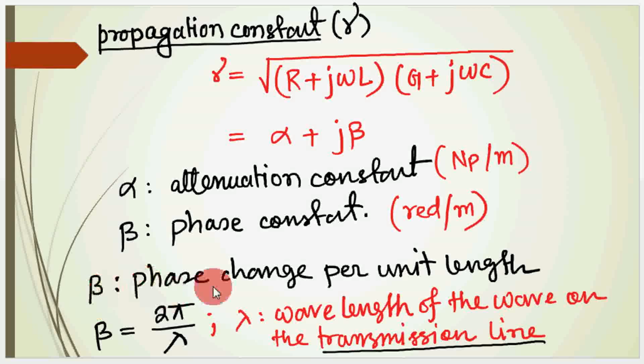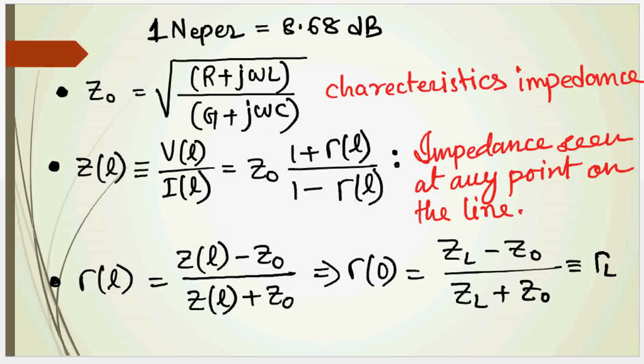The definition of beta is the phase change per unit length, and it is defined as 2 pi by lambda, where lambda is the wavelength of the wave on the transmission line. Now we have seen the unit of attenuation constant is Neper per meter, and 1 Neper is 8.68 dB. Now the characteristic impedance, this is the formula for characteristic impedance, and ZL is the impedance seen at